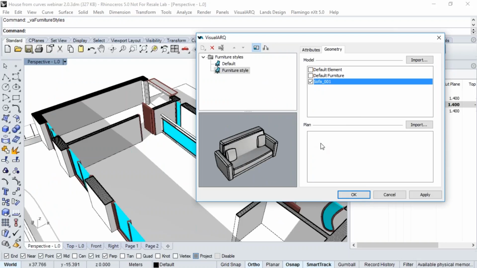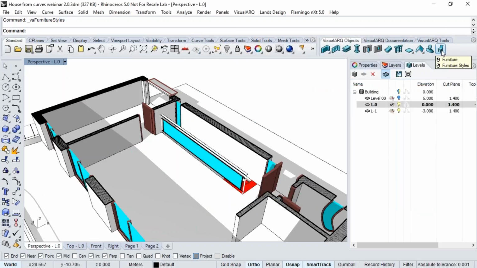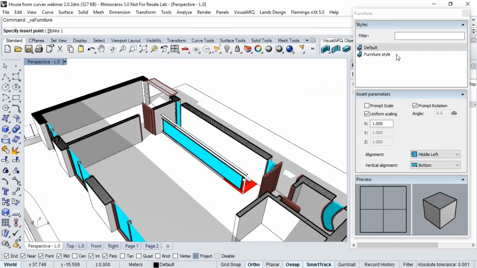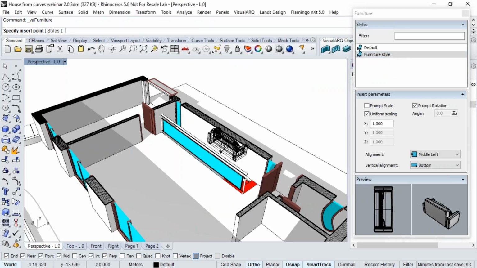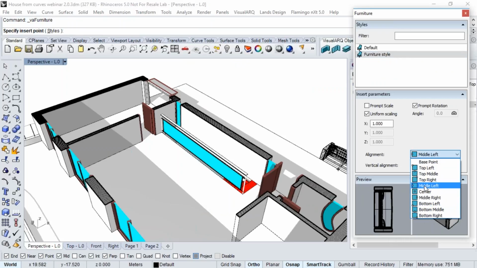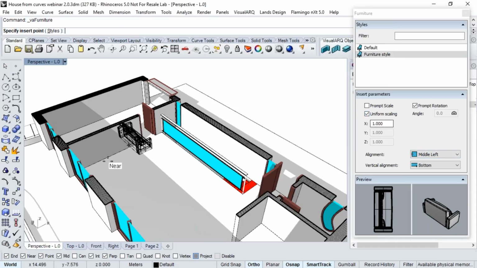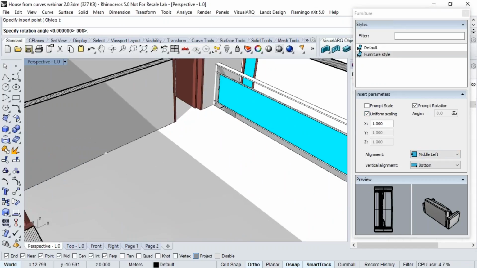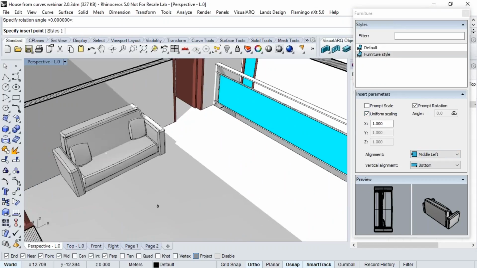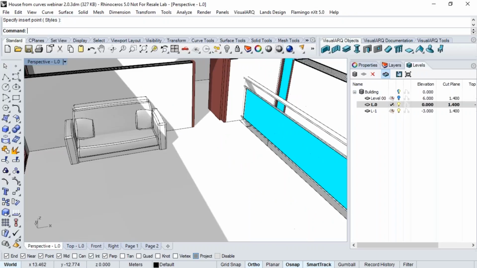Right now there is no 2D representation, so we'll see what happens. We run this furniture element. We choose this one. There are some interesting insertion options here, because we can choose, for example, the alignment of that object, as well as the scale of it,